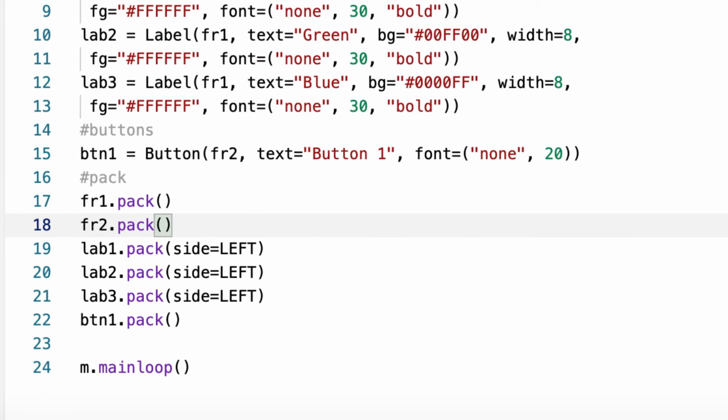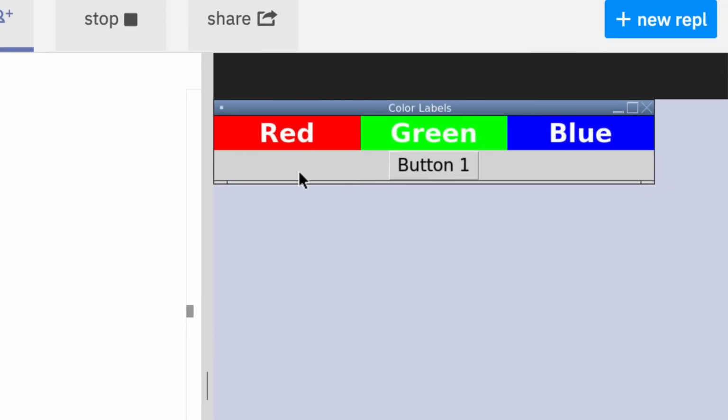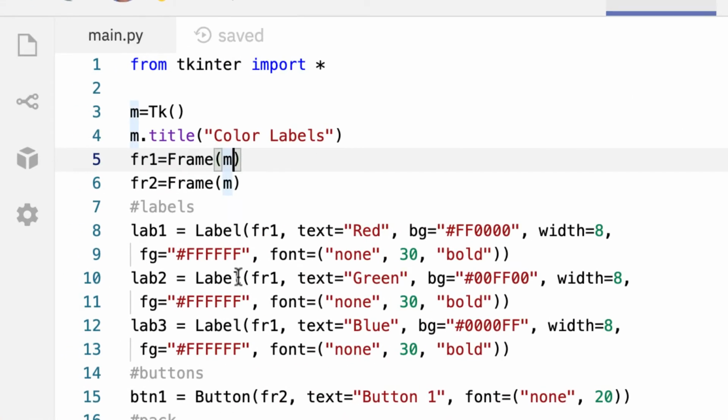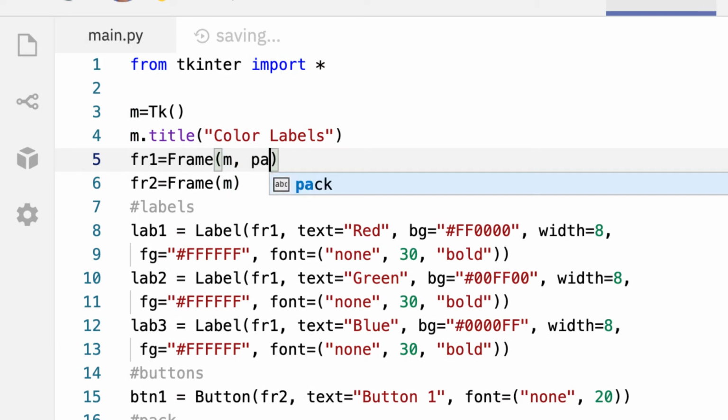So there you can see my button, and without a lot of work, we can't change the background of this, so I'm just going to leave that gray right now. But there's the button, and if we can put a little space in these, you could even put a little space on the frames. I think we can do pad. Let me just try this. Let me see if we could do pad Y